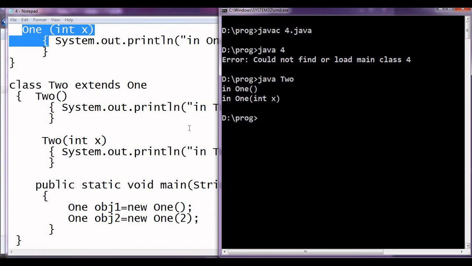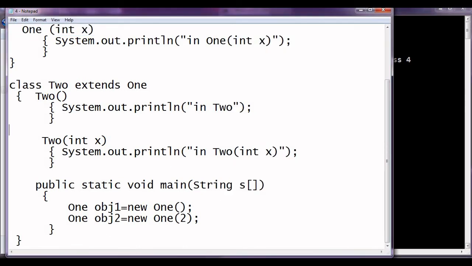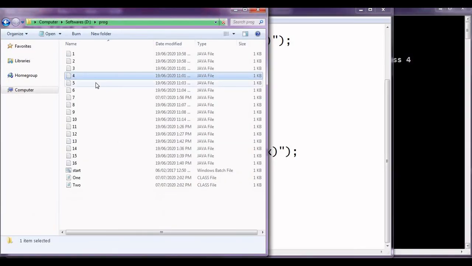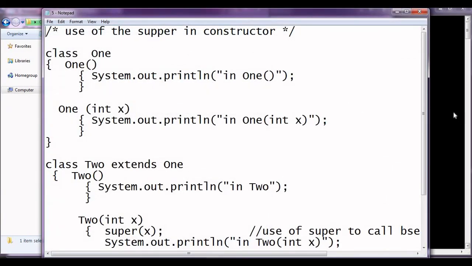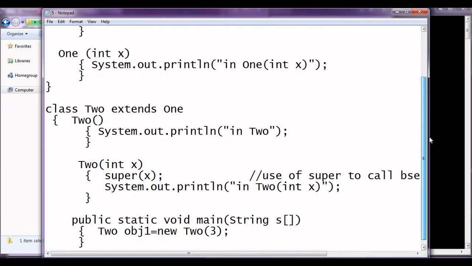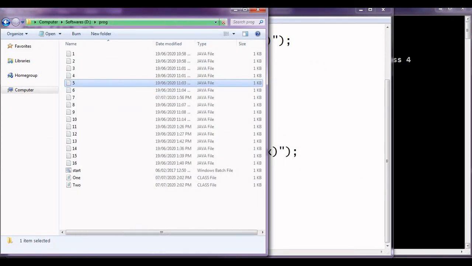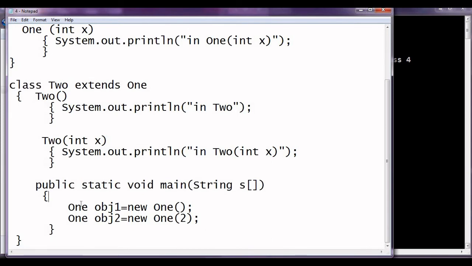Fine. Now let us move to the next program. Here what we can do is put it over here as a 2, and then we can think about what will happen.